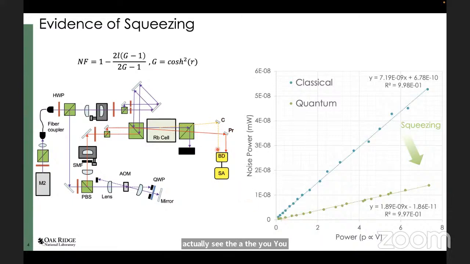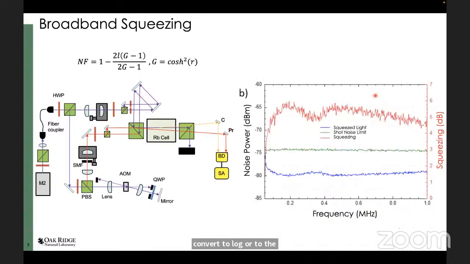And you can actually plot the sum of the intensities of the probe and the conjugate as you vary the input power to the squeezed light source, against the noise power for a given input laser power. And we can see that for the squeezed case, or the quantum case rather, which is shown in green, the noise floor is most definitely well below the classical or shot noise limited case. And we actually can take a ratio of these rates of these fits and convert it to a decibel scale, and you'll see that you get about 5 dB of squeezing.